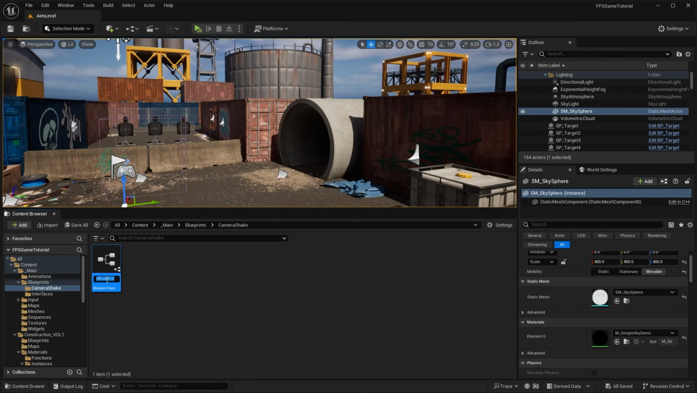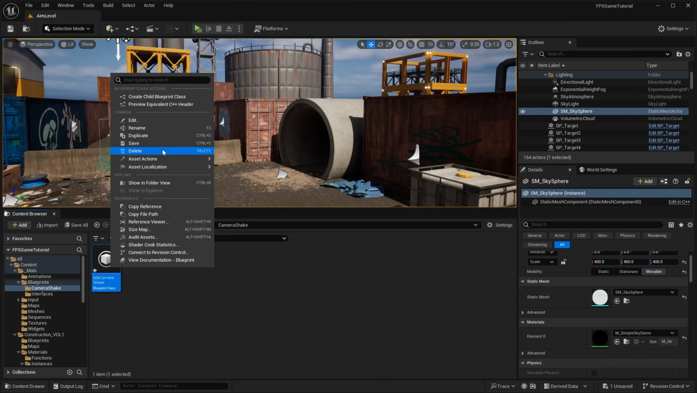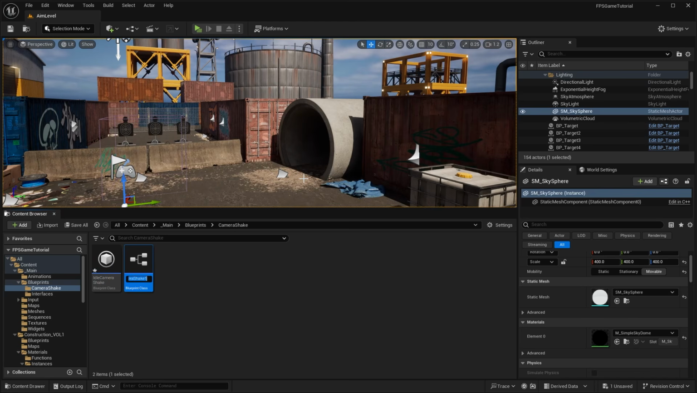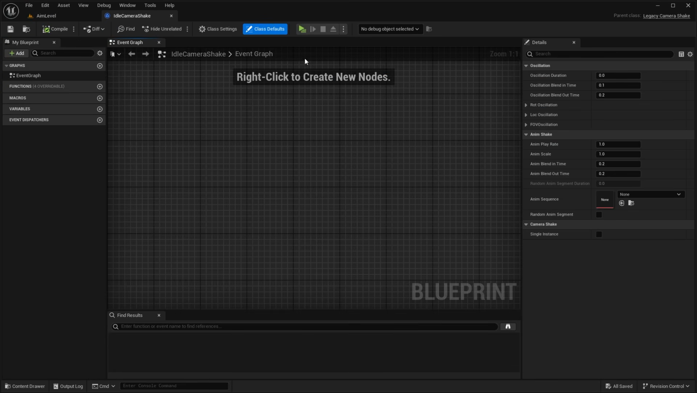And you want to name this our idle camera shake, and duplicate this and create our sprint camera shake, and then duplicate this again, and this will be our walk camera shake. So we have our idle, walk, and run camera shake. So let's open up our idle, and in our idle camera shake, we want to go to the class defaults